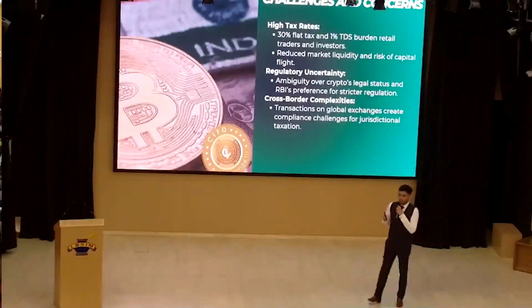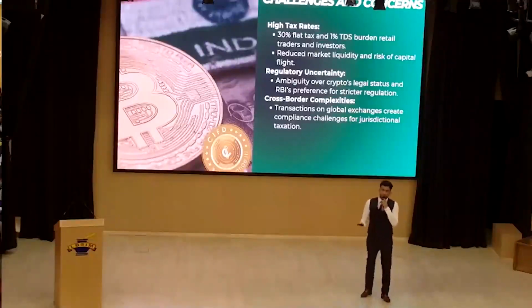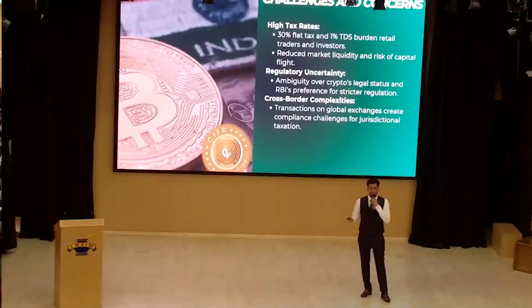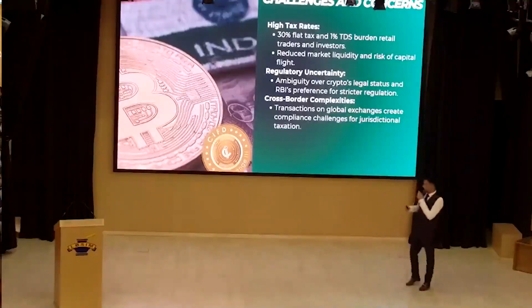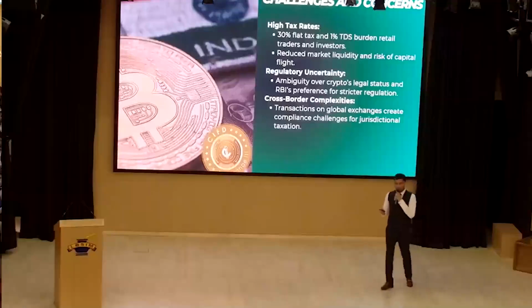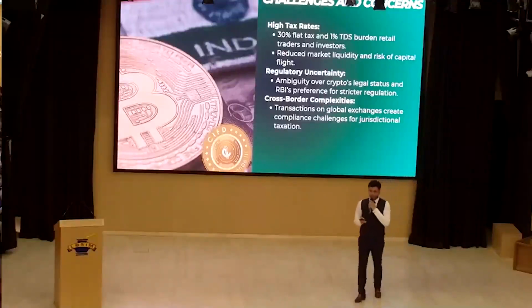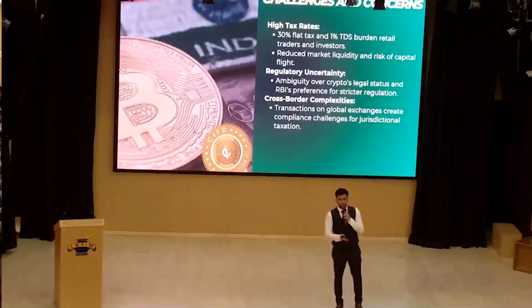So we also understand the trouble that liquidity providers, market makers, all of them are facing when it comes to taxation, because a lot of their liquidity is going towards paying taxes. There's also a regulatory uncertainty, where all of you might be aware that 2 years ago, crypto was a gray area in the country. It still is kind of, because there's still 50% tax, but there's no background, there's no